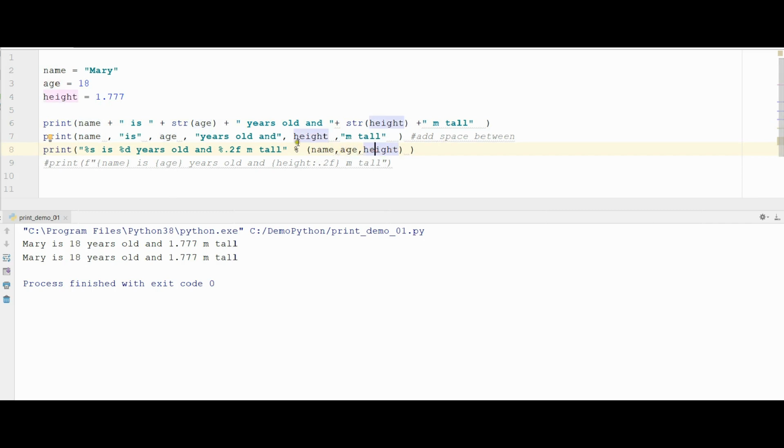And we need to tell Python where the values are printed. So we put the first percent here. Name is a string, so we use %s. %s takes the value of name, which is Mary. So Mary will come here and replace this %s. Mary is, and age we know is an integer. For an integer we use %i or %d. So now %d: Mary is 18 years old and